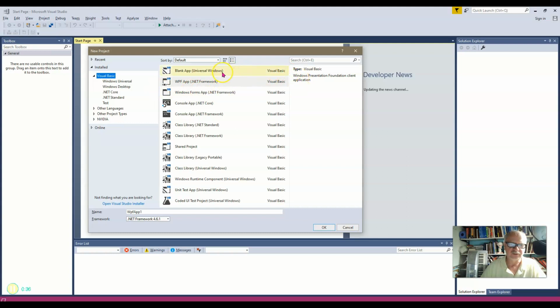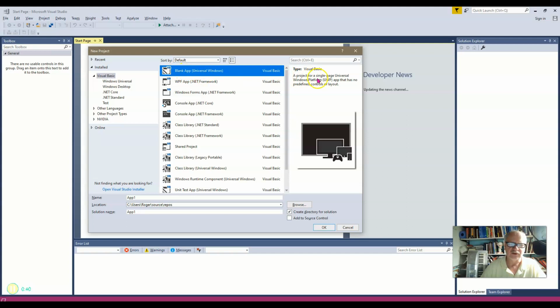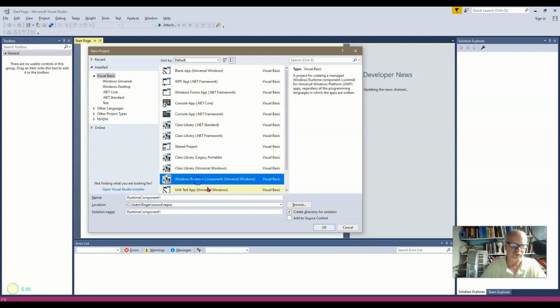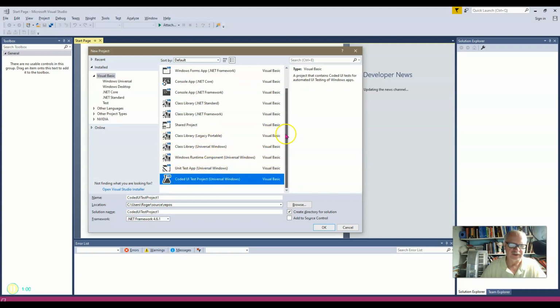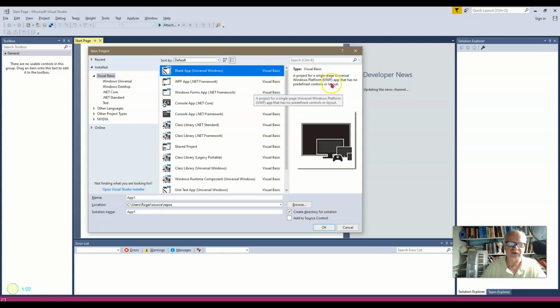Now, I'm just going to go ahead and go back to the Visual Basic main one here and show you some things. If I click on Blank App Universal Windows, you can see this is a project for a single page Universal Windows Platform app that has no predefined controls or layout. Now, there are other options that have similar things. Here are some other Universal Windows types, but that's the simplest one up here,